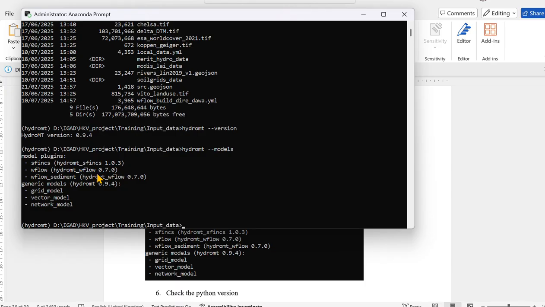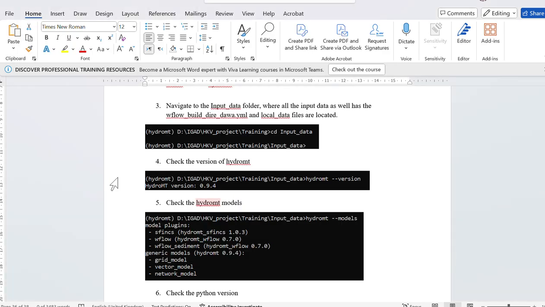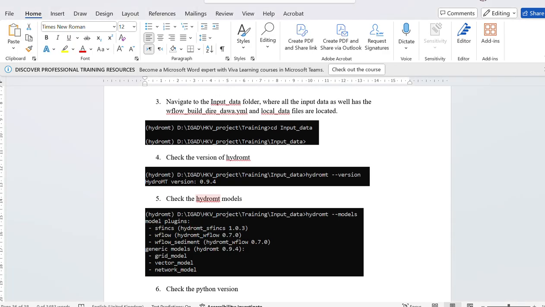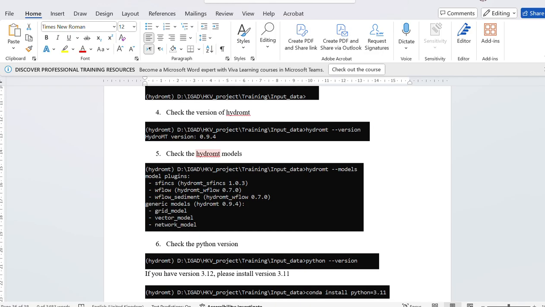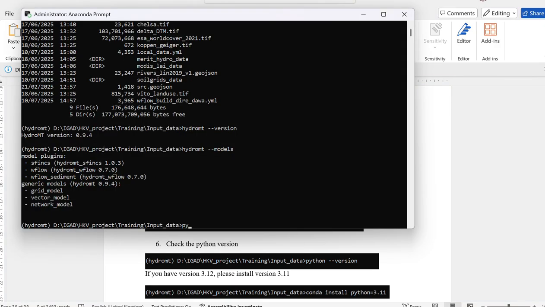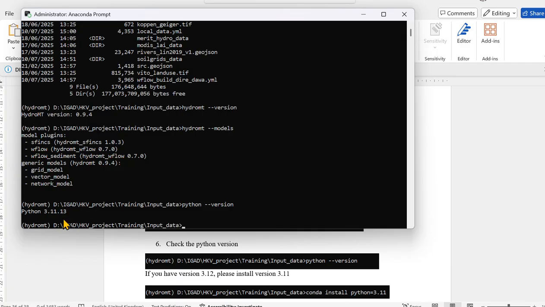What I found initially, the version for HydroMT Wflow was an old version. It was 0.4. I didn't have the recent one. And also I had a version for Python which is more advanced. But HydroMT and Wflow work with version 3.11. So again, we need to check also the version for the Python --version. So the Python version now is 3.11, but originally I had the version of